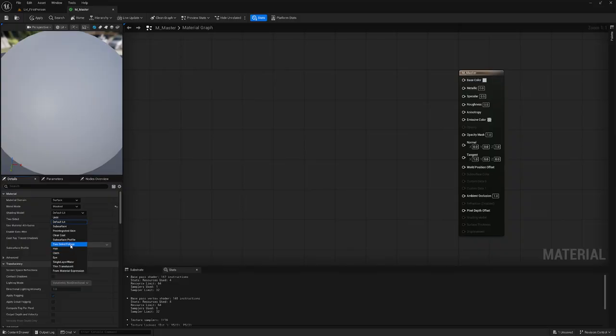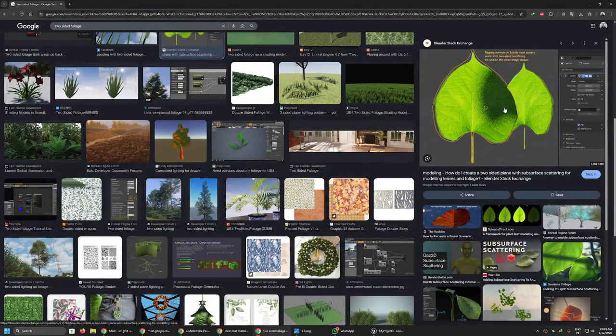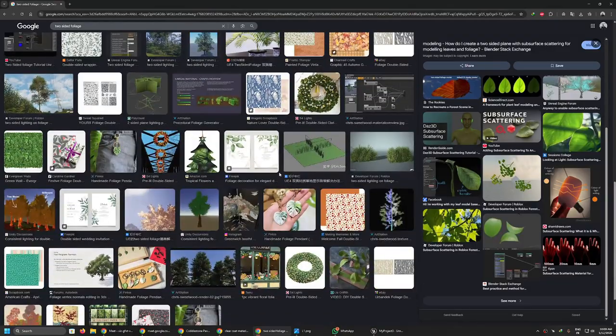Two-sided foliage. If you are creating two-sided foliage, for example leaves, this is a very good way to do it, especially for RGB scenes where you don't care about performance but you want the most realistic look. You can pick two-sided foliage, and I will explain it. Like subsurface, two-sided foliage is when the light traverses the foliage from both directions, and you will see this phenomenon happening. I think this is the closest one. Not this one, but